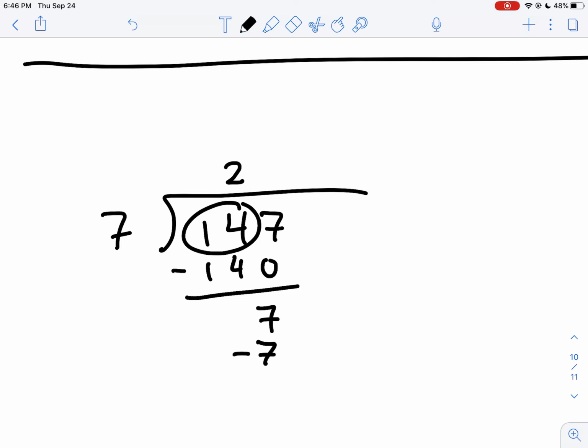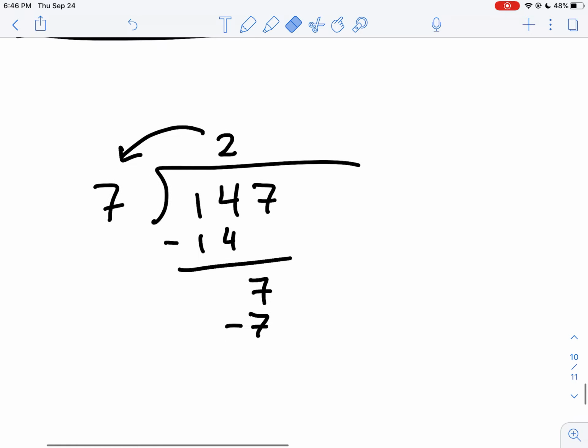I'm not asking how many times 7 goes into 14. I'm asking how many times it goes into 140. And the answer to that is really 20. You should really put a 20 here. 20 times 7 is 140, right? That's what gives the extra 0 right there. And when you subtract that,